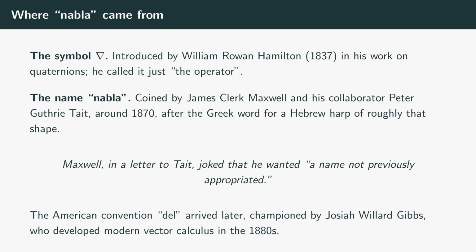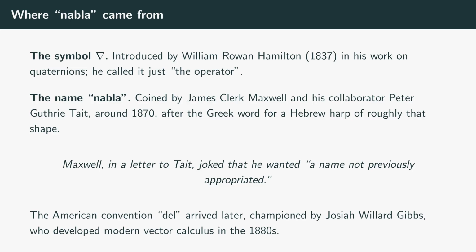Brief history of the squiggle. The symbol itself goes back to William Rowan Hamilton, the same Hamilton who invented quaternions, who used the upside-down triangle as a generic differential operator in 1837. He never gave it a catchy name, he just called it the operator. The name nabla shows up later, around 1870, from James Clerk Maxwell. Yes, the Maxwell of Maxwell's equations, and his friend Peter Guthrie Tait, both Scottish physicists working out vector calculus for electromagnetism. They needed a short word for the symbol and settled on nabla, from the Greek for a Hebrew harp shaped